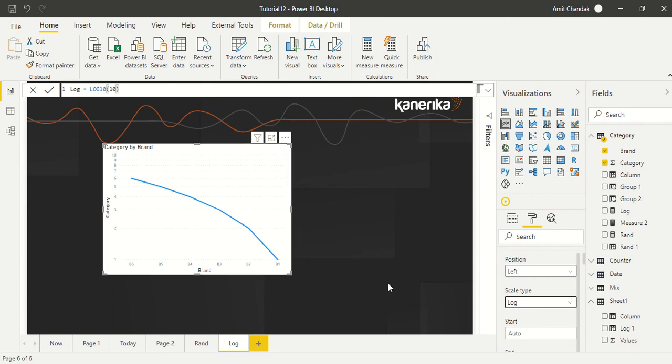So you do have that scale option of logarithm, and you will only get a better feel for the logarithm when you have a larger set of values. But if you need it manually, you have the log function. If you need the scale to be changed to linear or log, you have the option here. So try these options out.